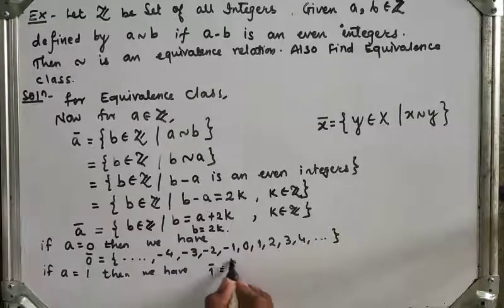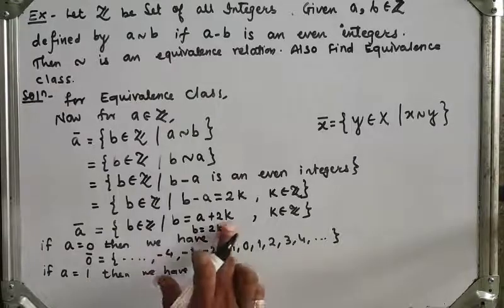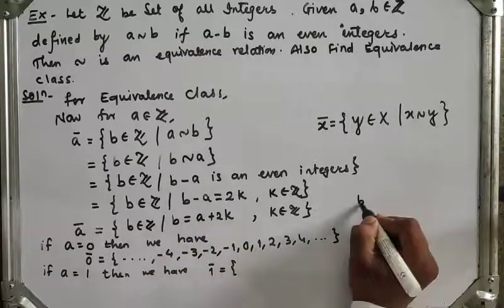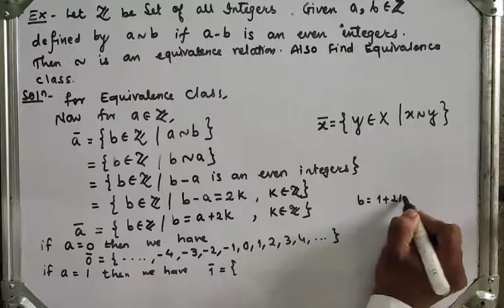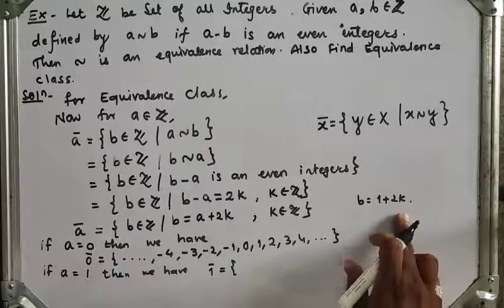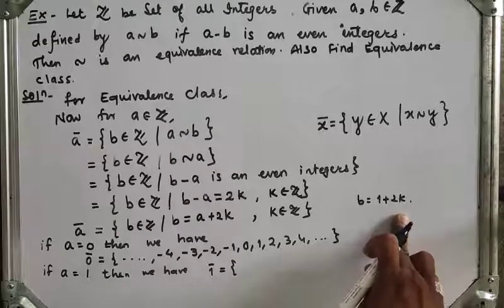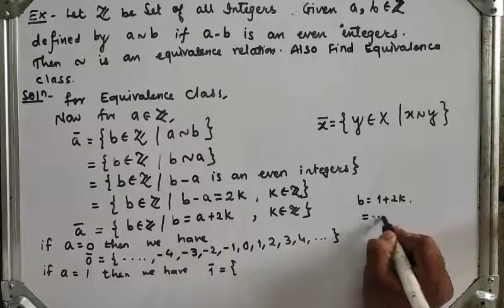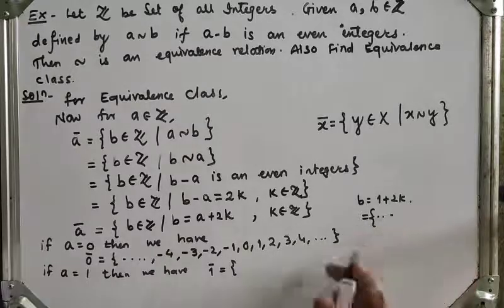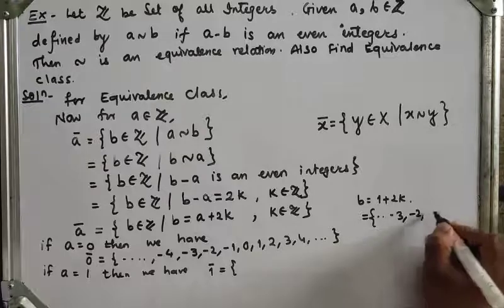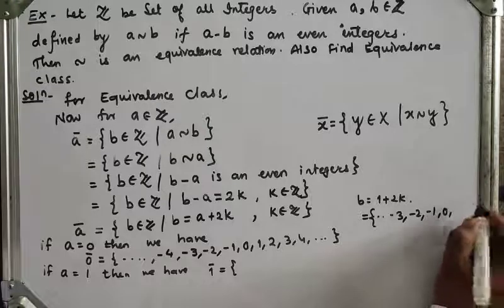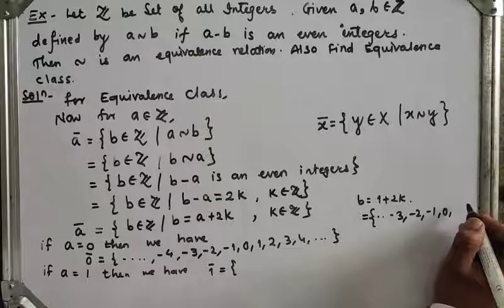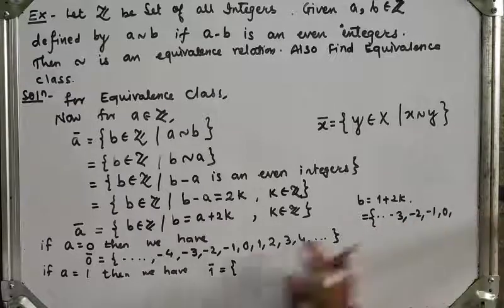1 bar is equal to, so 1 bar means here what will I get? B is equal to 1 plus 2k. So 1 plus 2k is the set of all odd integers, which are minus 3, minus 2, minus 1, 0, sorry,